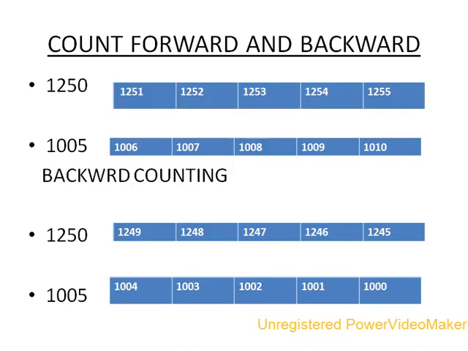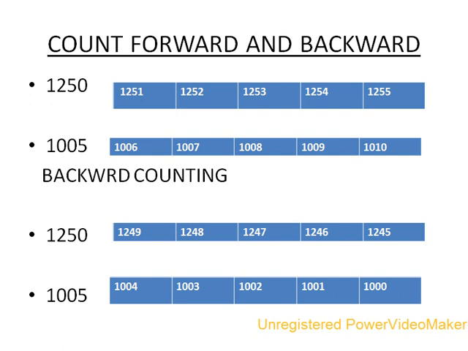Now children, we will count forward and backward. While forward counting we will add 1, and while doing backward counting we will subtract 1. Now example, you see 1250. Here these are 4-digit numbers, so we are doing counting in 4-digit numbers. Just add 1, you will get 1251, then 1252, 1253, 1254, 1255. This is what we are doing in forward counting. Simple counting just you do. The similar way you have to do the counting here also.